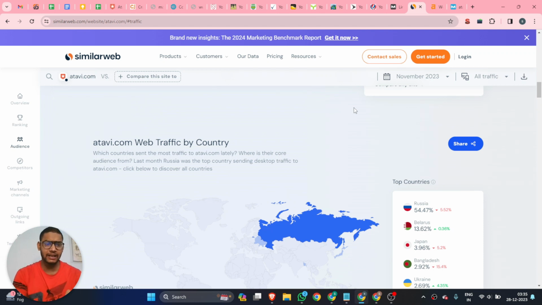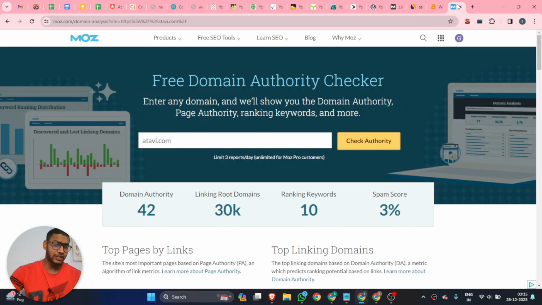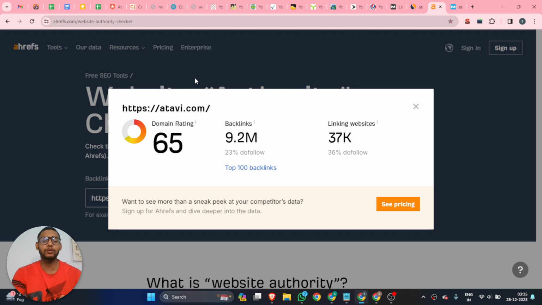The website name is atavi.com, and I can show you the other research factors. This website has a 42 domain authority and the spam score is 3%, and according to Ahrefs this website has a domain rating of 65. Okay, so we have completed our research process. Now I can show you the website